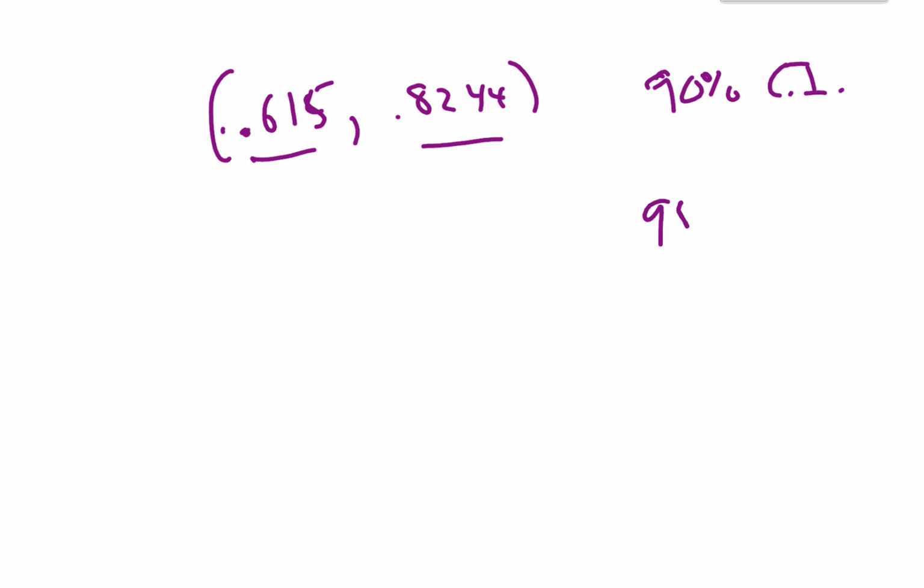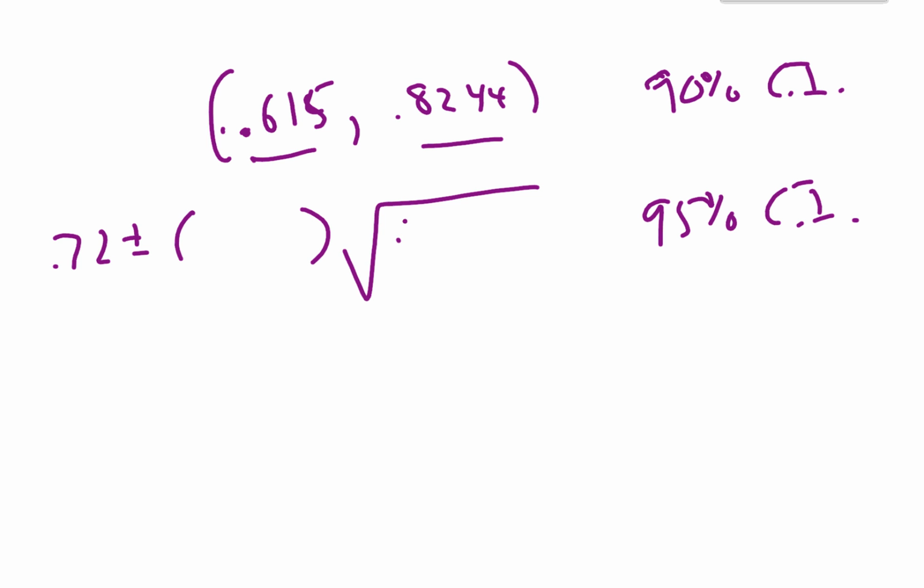Let's just for comparison's sake remind ourselves again. Let's check out the 95% confidence interval. Just remind ourselves what would be different there. You would still have the same p hat. It'd be plus or minus. You're going to have a different z star now. Your standard deviation will not change,